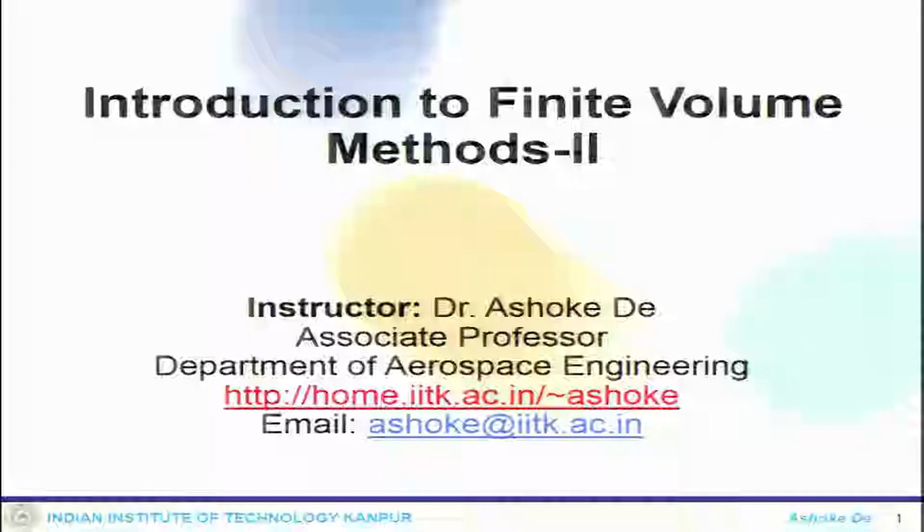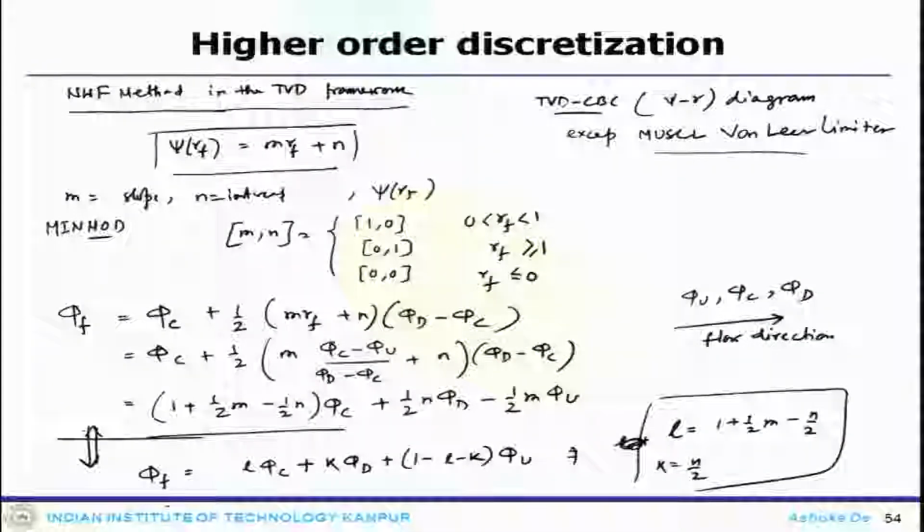Okay, so welcome to the lecture of this finite volume method. Now, for different schemes, what are the values of this? So, again this would be on uniform grid, and what you get on a uniform grid is the psi r diagram.